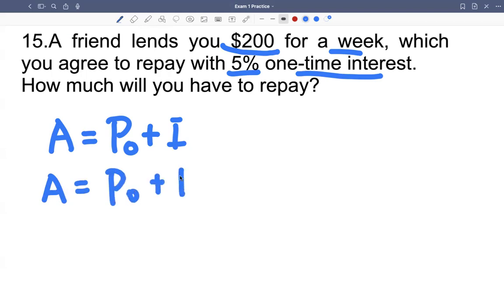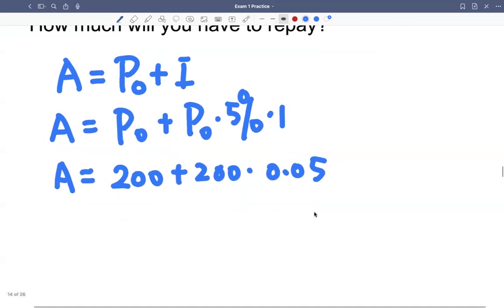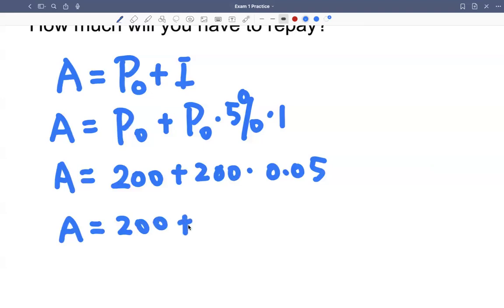Interest is your principal multiplied by 5%. Right? Because it's only one time. So it's multiplied by 1, but multiplied by 1 is still itself. So what's the plug-in? What's the principal? 200. Right? Then plus 200 multiplied by 5%, 0.05. And then you can use a calculator to calculate the repay is 200 plus 200 times 0.05, that's $10,